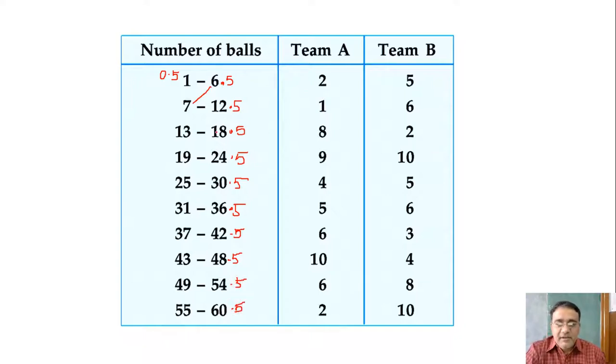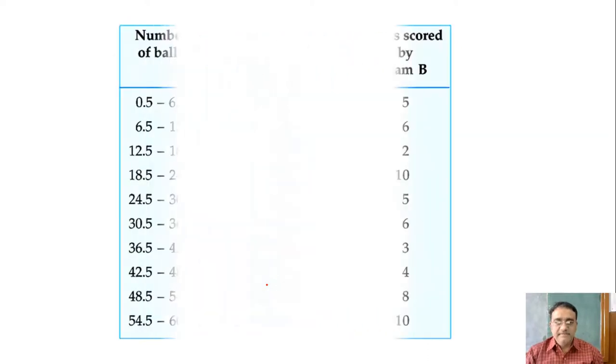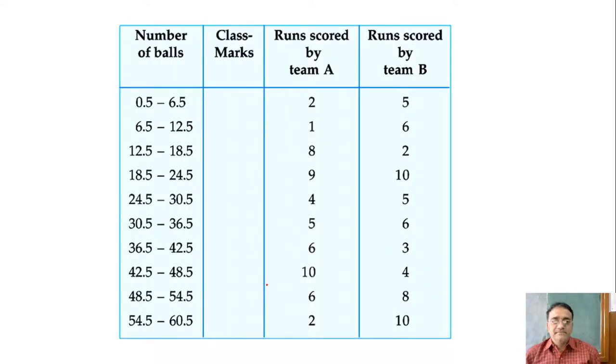And in the previous class I told you that this upper limit you have to write here, crossing it, okay? Here 18.5, 24.5, without subtracting the lower limit 0.5, you can write directly this one. Okay, whether making it continuous is clear to all of you? Yes, sir. So we'll make this one, we'll get this one.